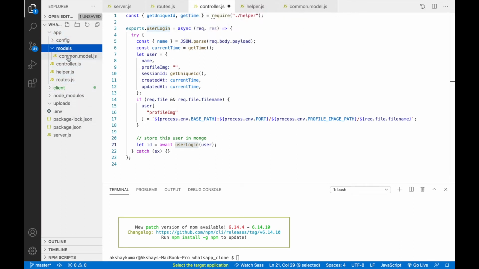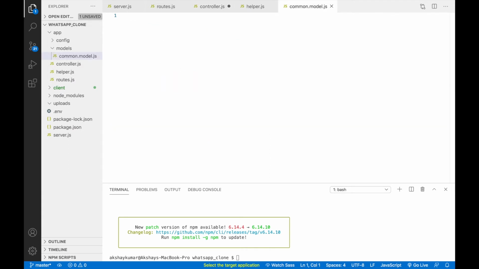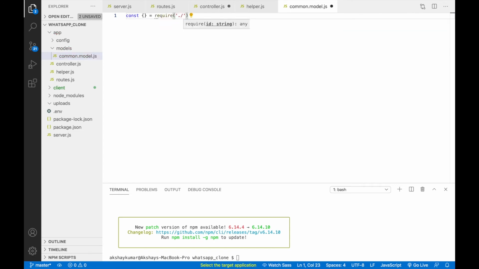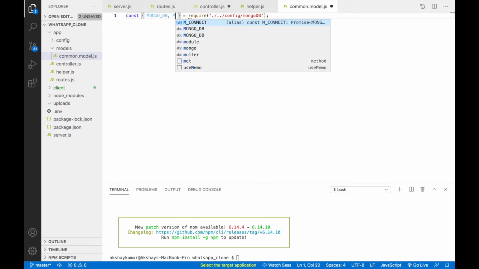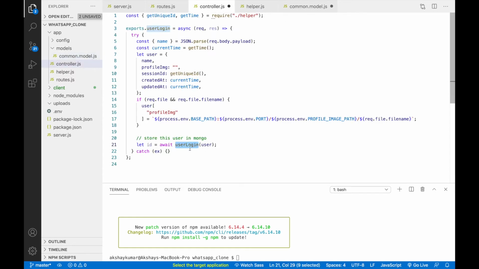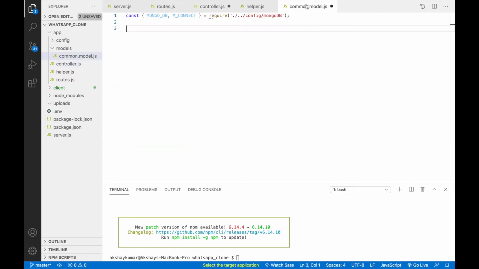Now inside model we already have a common.model.js, right? We'll write const equals to require. That will be our MongoDB configuration, so config/mongodb. From here we'll take mongo_db and m_connect, both. Now we can create this method, this userLogin.